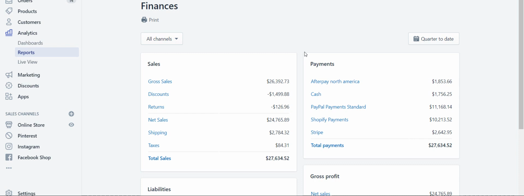So this financial summary is what I have found to be the best tool when I do my Shopify bookkeeping in QuickBooks Online, because it breaks out the components of my sales. We've got our gross sales, discounts, returns, shipping income, sales tax collected, and then a total. So this is most easily done by month. Since the monthly report is the best thing that we have in Shopify, because after all, we're getting deposits from Shopify from all these different sources, it's really hard to do bookkeeping within QuickBooks Online on a per deposit basis because we're getting deposits from so many different sources. So what I have found is easiest is to do our bookkeeping on a monthly basis